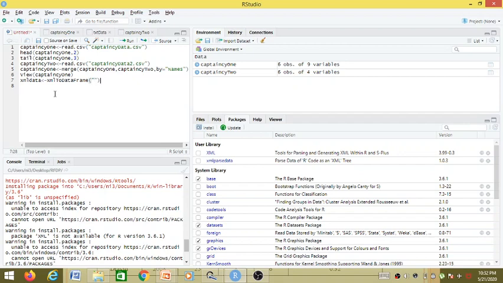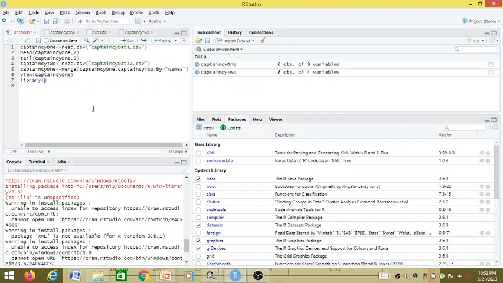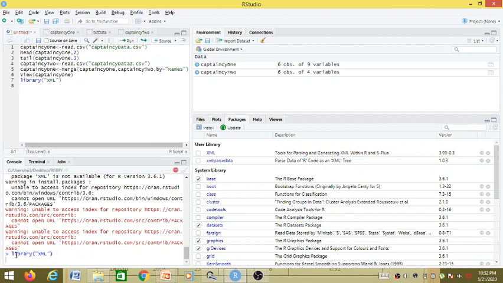Before using this function we will have to import the libraries from the XML package, for which we have installed this package. The libraries are imported like this: library, and in that the name of the package. So XML. Let's run this. So we have library XML.